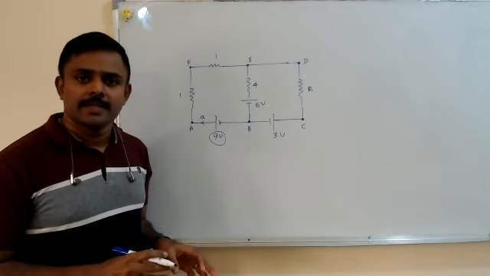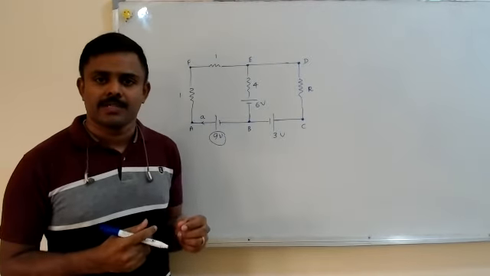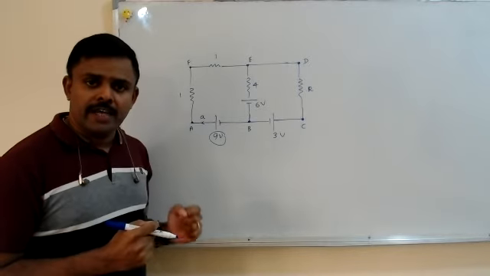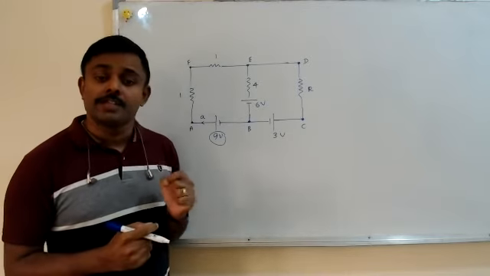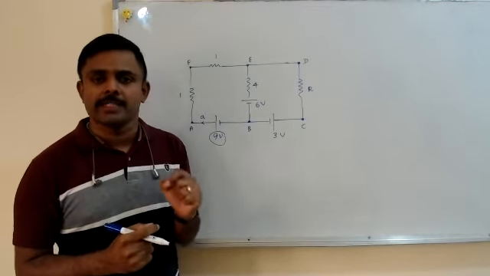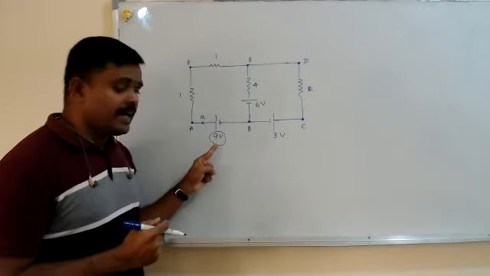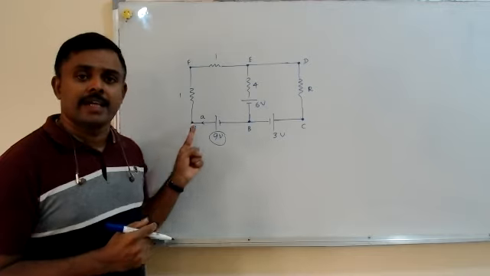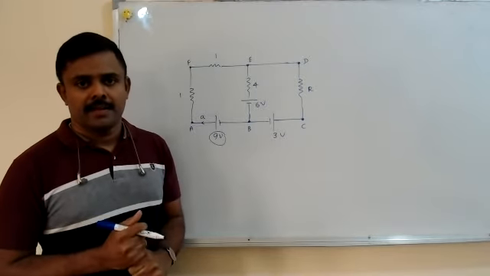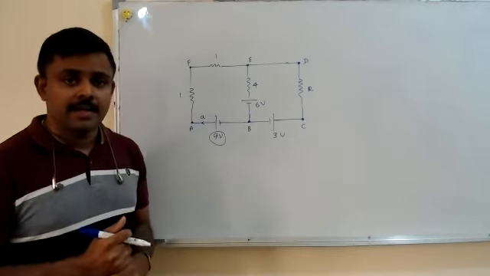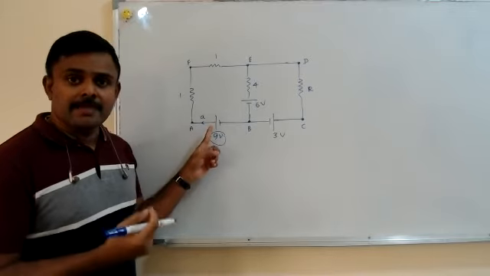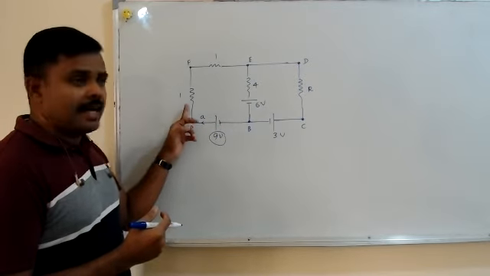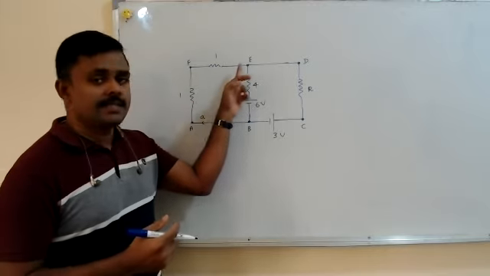What was the second step? The second step was to do the current distributions. Do you remember? So the first step is identifying the largest cell and drawing a current as leaving its positive terminal. I have done this. Then the second step is the current distribution. For that, I'm just following the current. Look at this, I follow the current this way, like this.